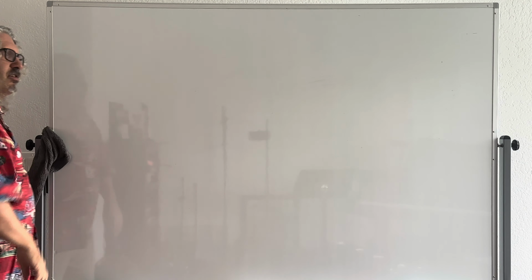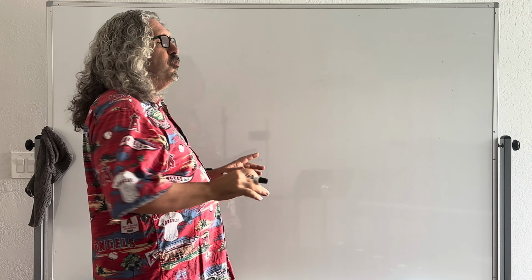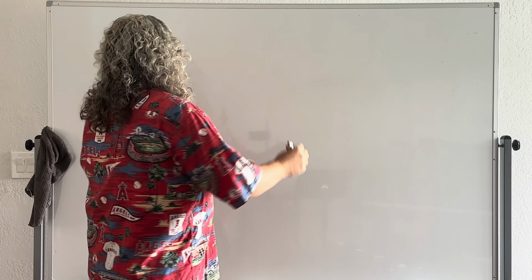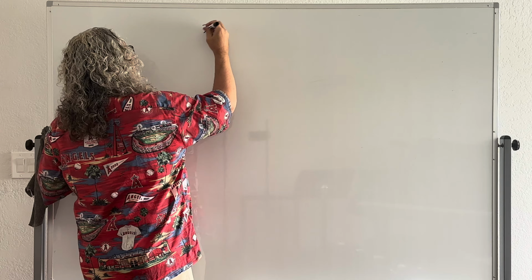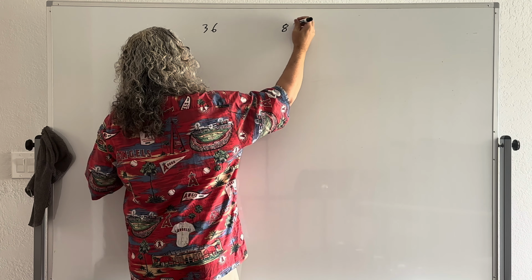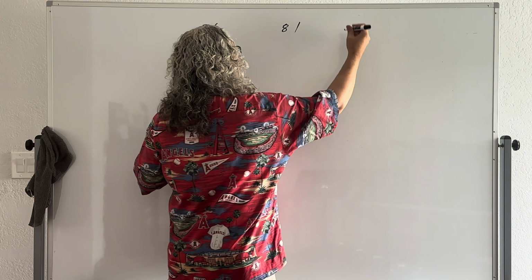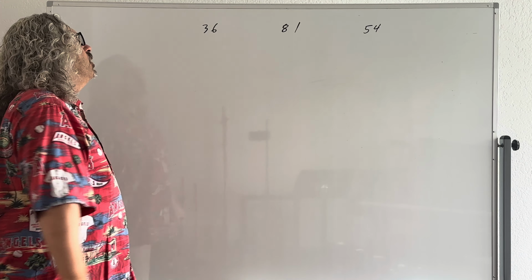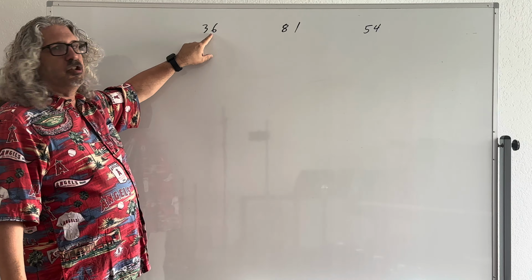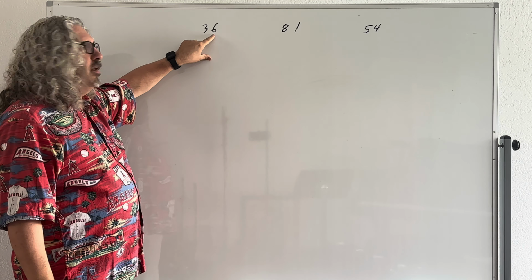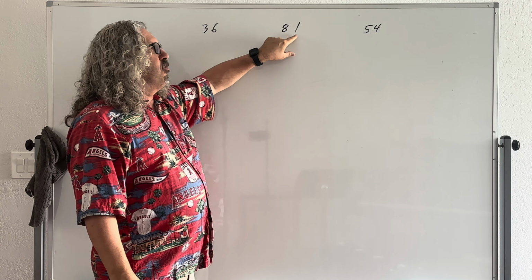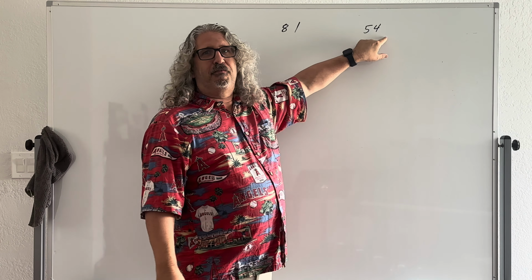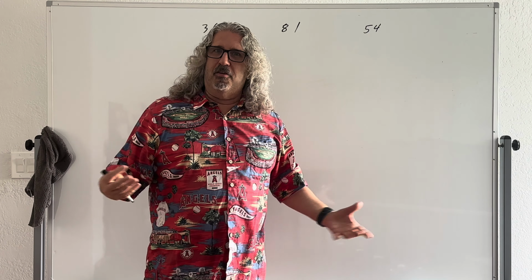How about 9s, okay? Here's what you do for any double-digit number. I'm going to go 36. Let's go 81. Let's do 54, okay? So when you have stuff like this, what you're going to notice is, if the 2 digits add up to 9, 3 plus 6 is 9, 8 plus 1 is 9, 5 plus 4 is 9, it means they're divisible by